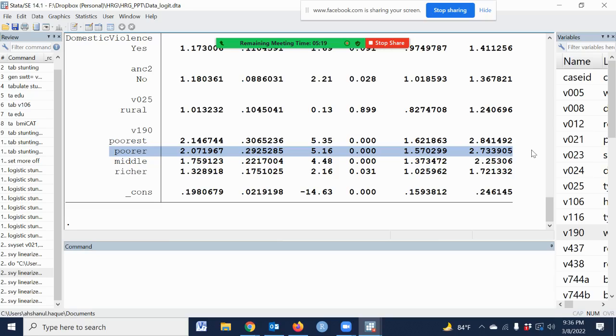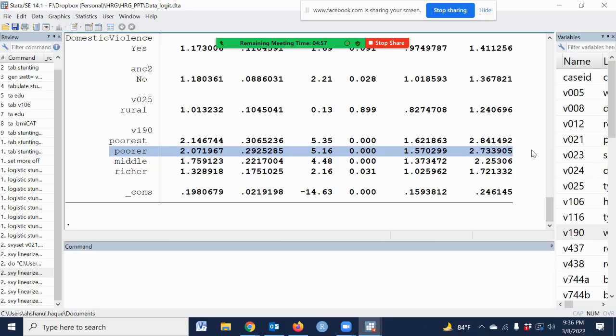Our outcome variable is stunting, and the odds ratio corresponds to the poorer category. First, what is the reference category of wealth index? The richest is the reference category. Okay, what is the interpretation?